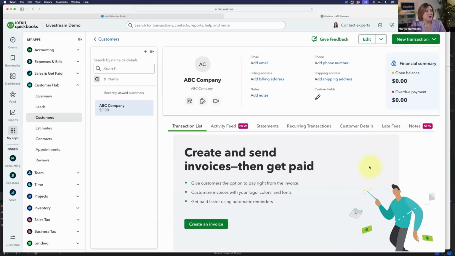And now I have my first customer, but it doesn't have anything associated with it. Okay, so what I wanted to spend the rest of the time talking about is what we see here on the screen, because it can be very confusing. There's so much on the screen. You're like, what am I looking at? Some of it is similar to the old style, and some of it is new. Maybe you saw it on the old style, but you didn't really understand what it meant. Okay, so let's talk about that for a minute.